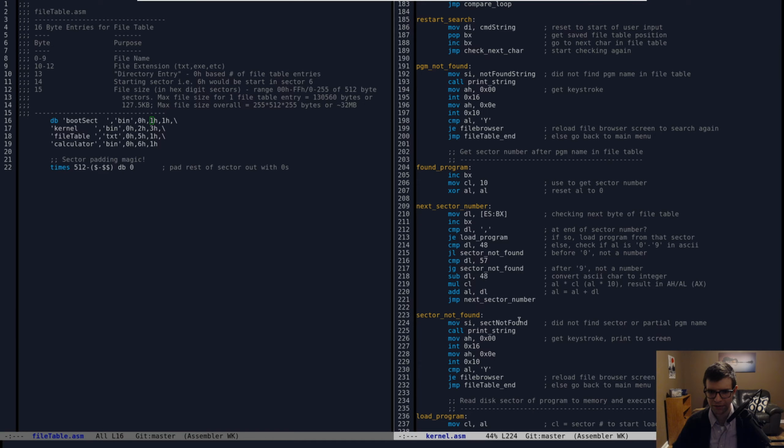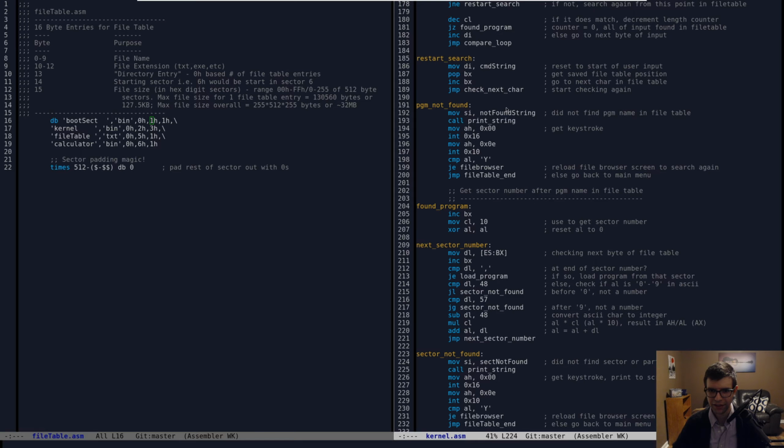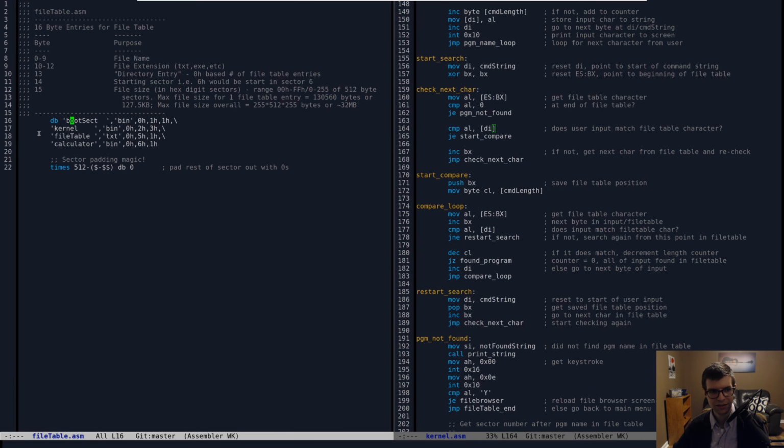I got the program not found message. I was going to say if they didn't type in the name right, then we could go to just the next byte here, or the next thing down, because I don't think it's going to match. If they don't match the B in bootsec, then they're not going to get bootsec, they'll get something else. So we might say you have to type in the file name correctly, or else we're just going to check the next byte. Instead of incrementing bx here, we can add